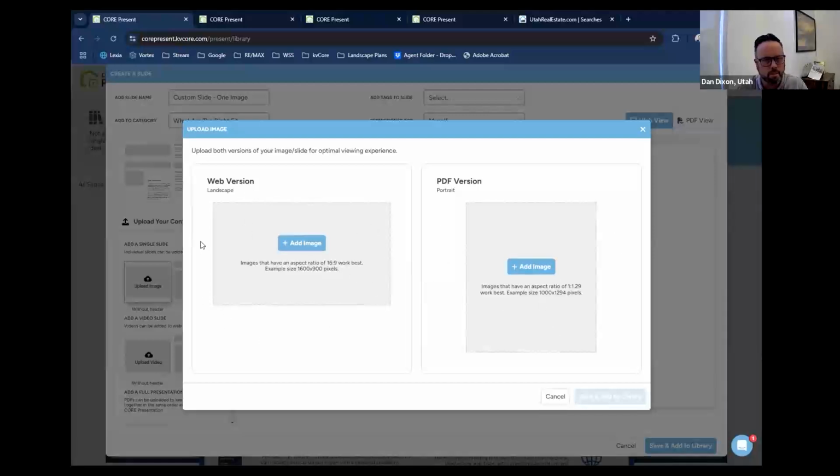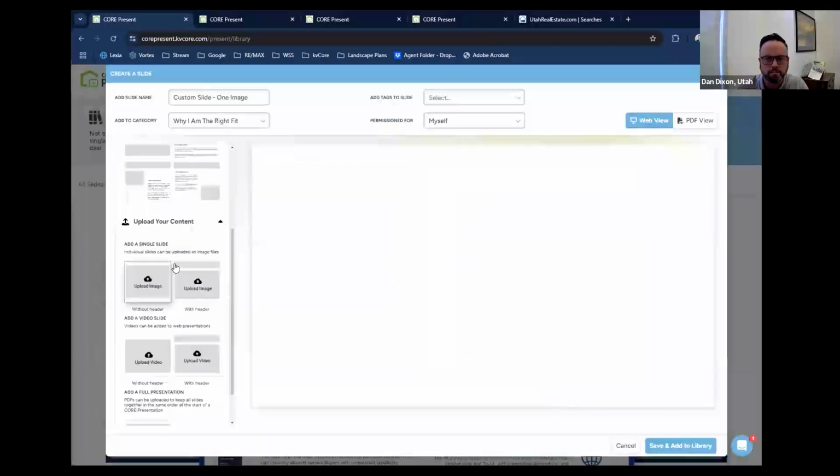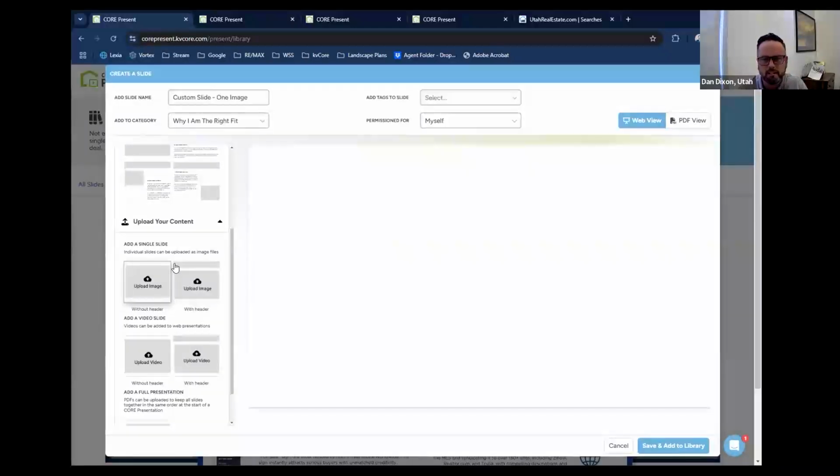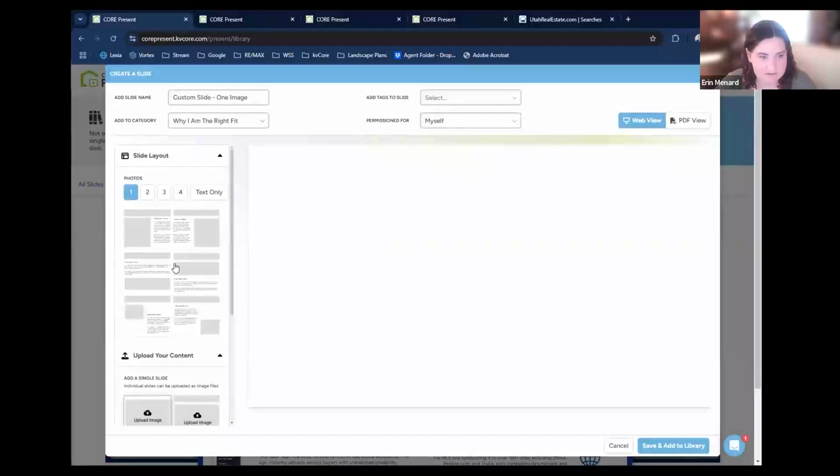And sometimes it works well and sometimes it doesn't. So just be cognizant of that when you do print, if you do print, that it may change something and you might not love it if you do it yourself. Anything to add to that, Erin? No, I think that you went over everything.